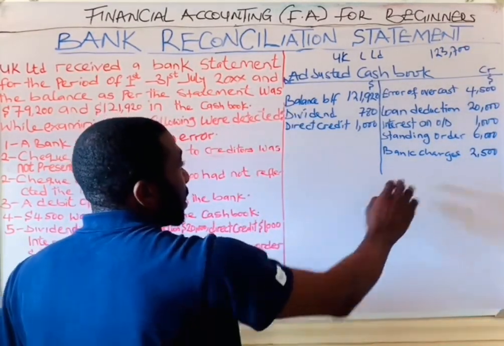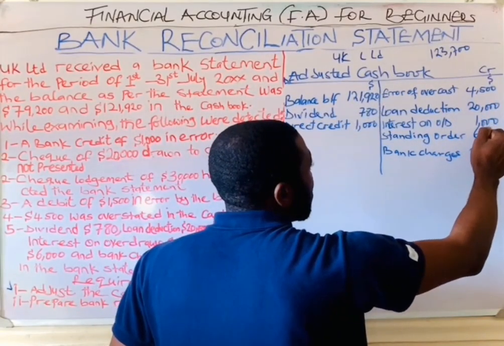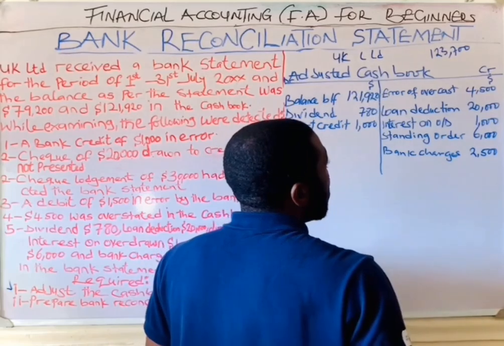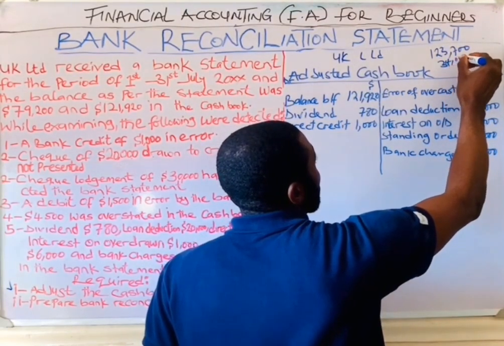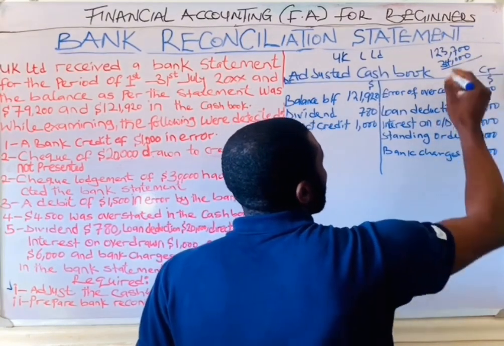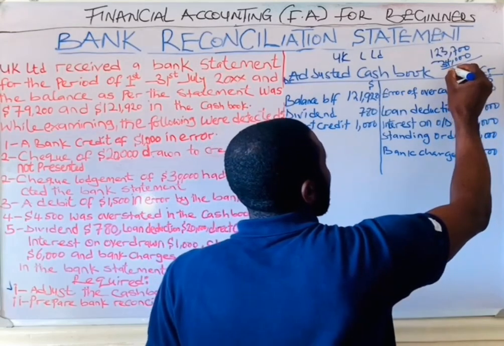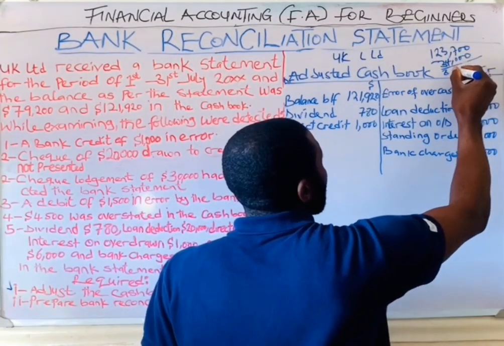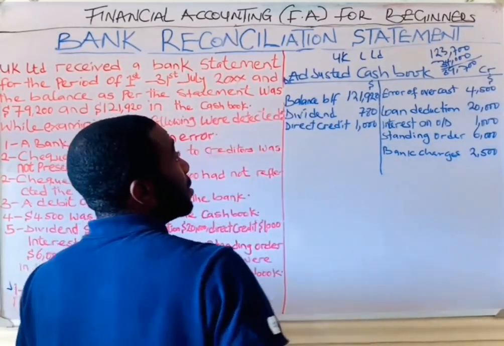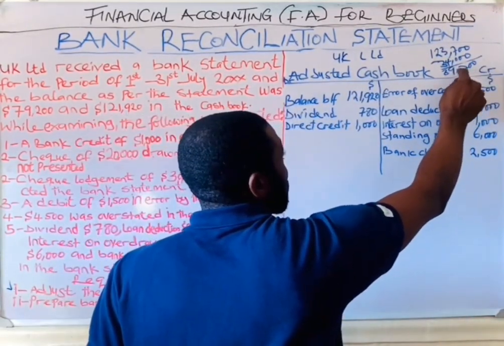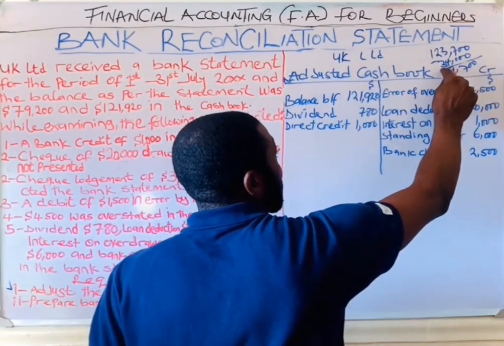Then you come to the credit side. 4,500, 20,000, 1,000, 6,000, 2,500. You will get $34,000. So if you less it, to get a difference, you will get 89,700. So this is the difference. That is, if you add it to this, you will get this. You add your 89,700 to 34,000, you will get